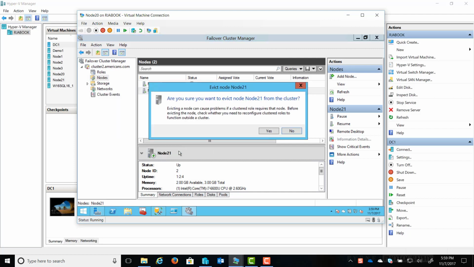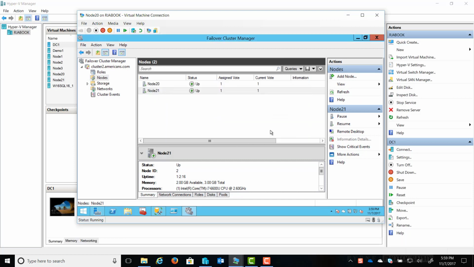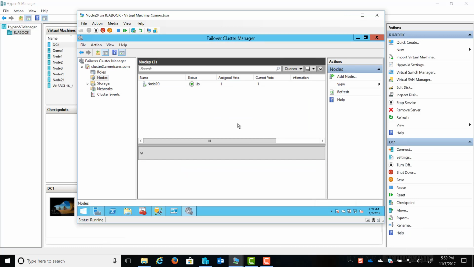As I do that, it does give me a warning saying evicting a node can cause problems if a cluster role requires that node. Before evicting it, check it out, make sure everything's good. You know what? We know what we're doing. This is all by plan. That's great. Yes, go ahead and kick him out. It doesn't take long, kicks him right out. He's done and gone. Now, what we need to do at this point is install Windows Server 2016 on our